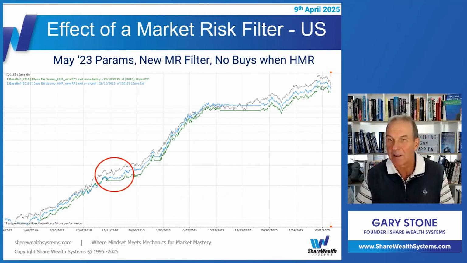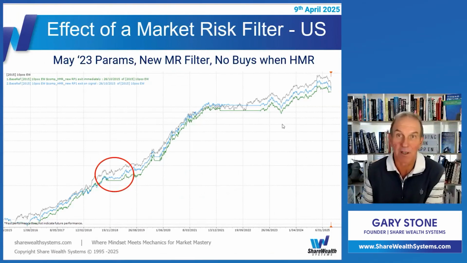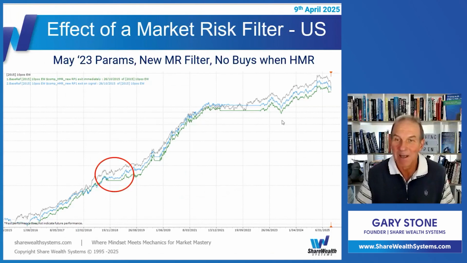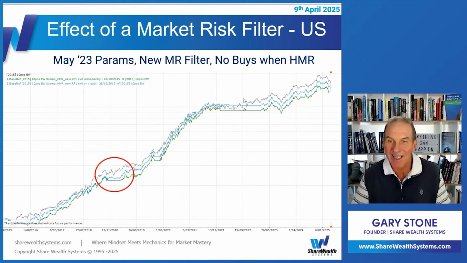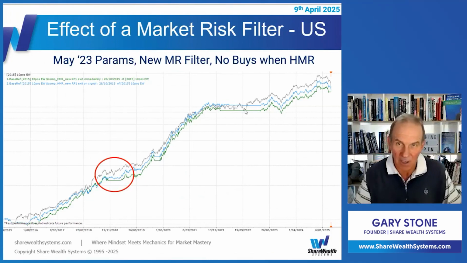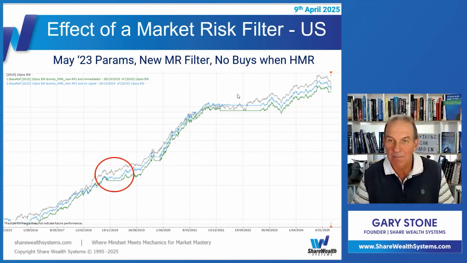And here, the drawdown for the blue, which is holding on to positions until you get an exit when a high market risk signal occurs, is much the same, but we are still outperforming the green line. Now you might say, well, gee, it's better to just exit immediately. But at some stage we're going to get conditions like over here, where the green and the gray, which is no market risk, got to be much the same.